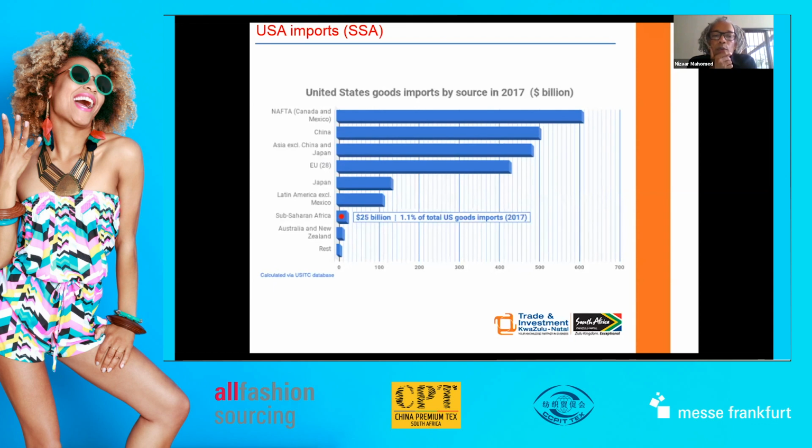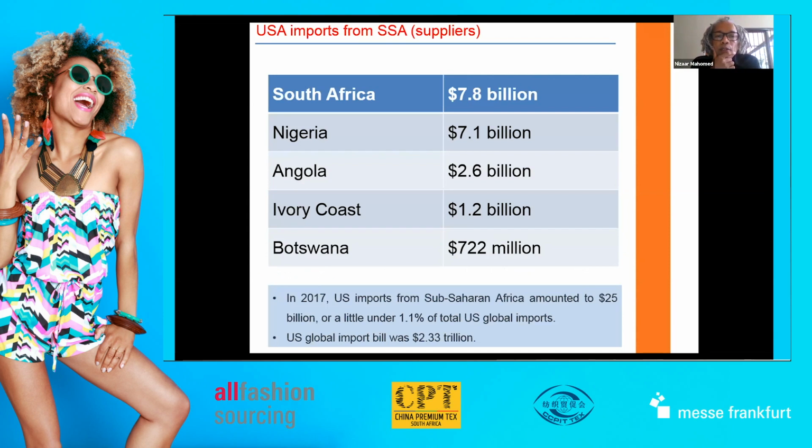So we basically contribute 1.1% of total US goods imports, and this is what it comprises. Again, South Africa, Nigeria, very little difference between the two. Angola, the Ivory Coast, and Botswana make up the top five African countries. And you can see the amount that we produce as a continent, or rather sub-Saharan Africa, is about 1% to 1.5% of total US global imports. So there is a long way to go before we can start competing as a unit, as a block, or even as a continent in terms of the USA market and supplanting some of the other clients that are trading